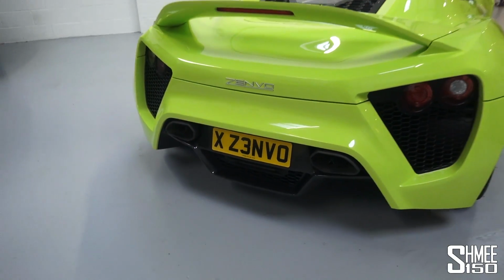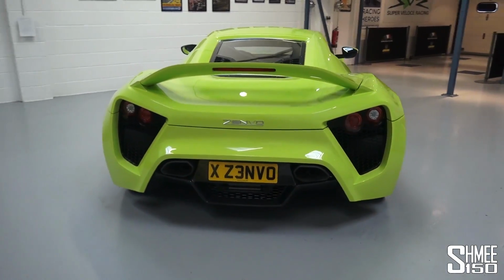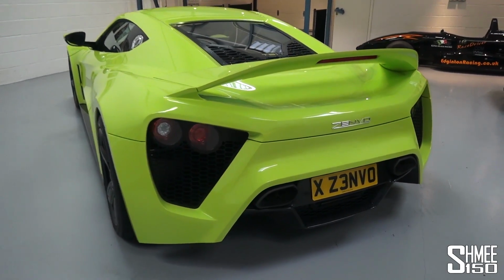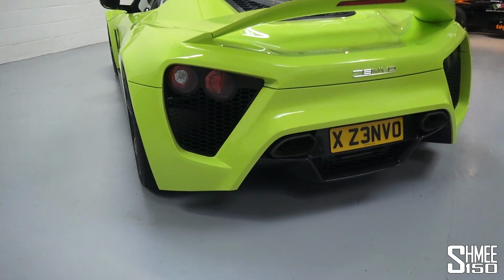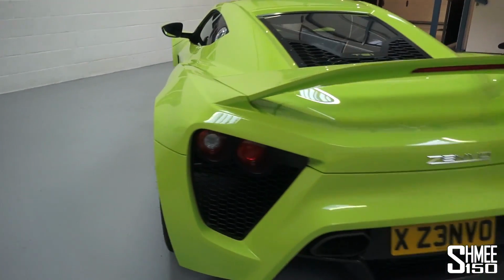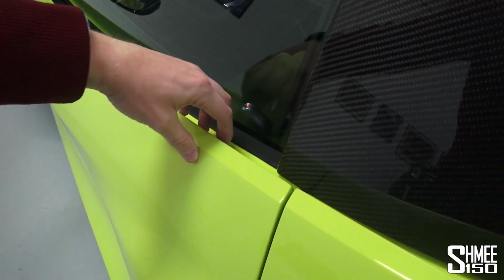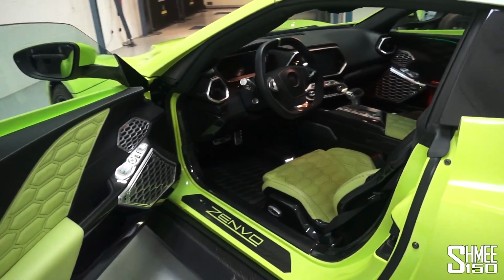And by the way, just a show plate, but kind of fun for the moment, 10 years of Zenvo, as we walk around this car in the very bright green paintwork. So distinct again shapes for the rear lights and more cooling to allow airflow out of the car. This whole hollowed out area under here is really quite crazy. We come round to the driver's side to open it up and have a look at the inside,